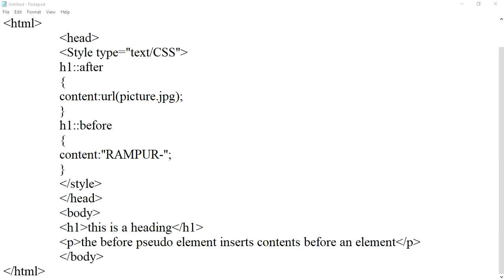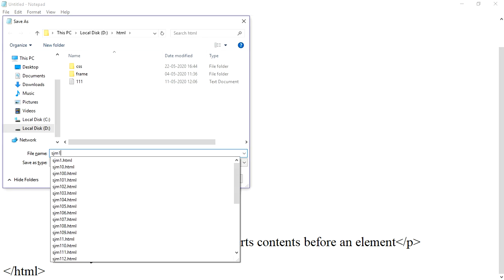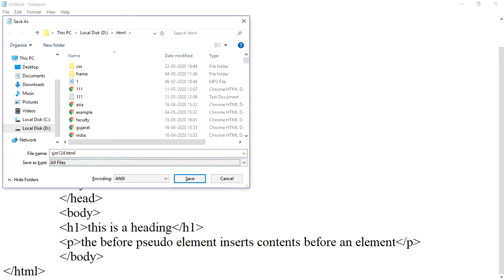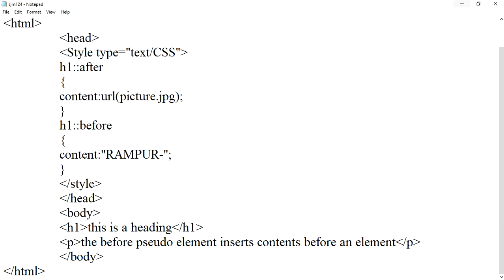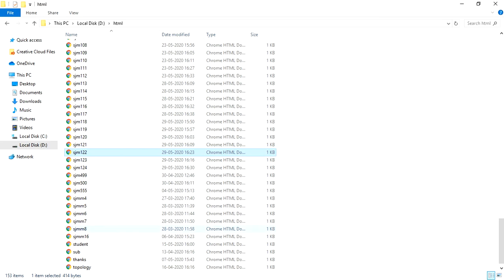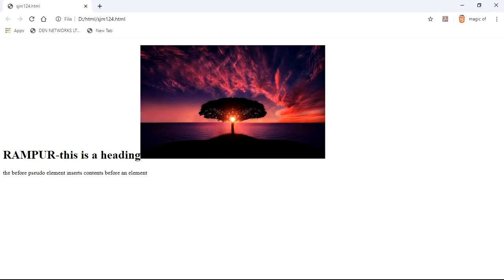So now we'll just save it as 124 with the extension .html and in all files. So now let us check the output. 124th program. So this is our basic output of how to use the before pseudo element,